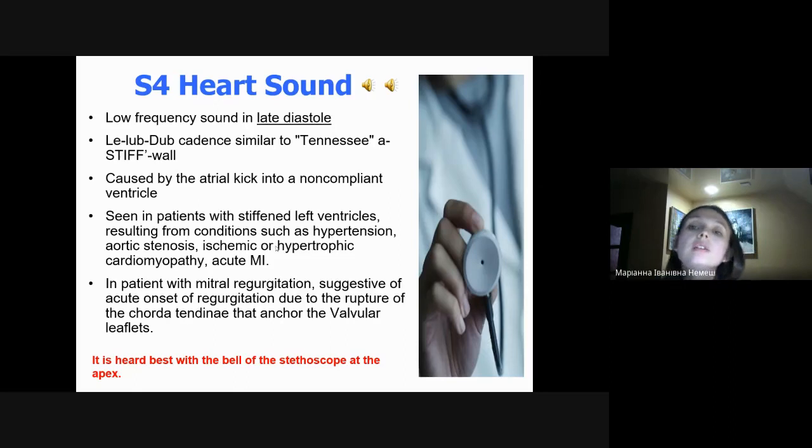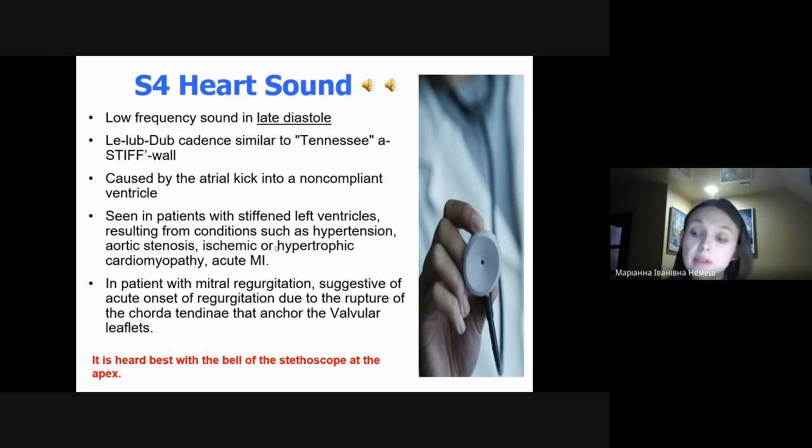Okay. So the fourth heart sound is a low frequency sound, occurring in late diastole. Mainly it will appear before the S1 sound. It is caused by the atrial kick into a non-compliant ventricle. It is seen in patients with a stiffened left ventricle resulting from conditions such as hypertension, aortic stenosis, ischemic and hypertrophic cardiomyopathy. In patients with mitral regurgitation, it is suggestive of acute onset of regurgitation due to the rupture of the chordae tendineae that